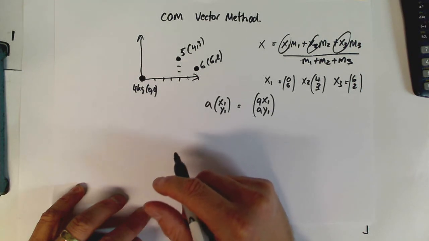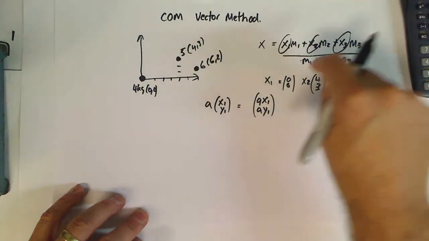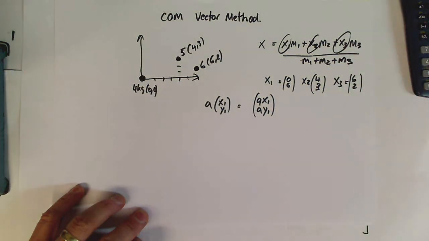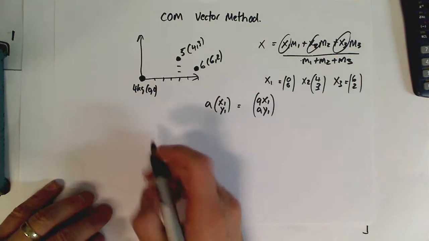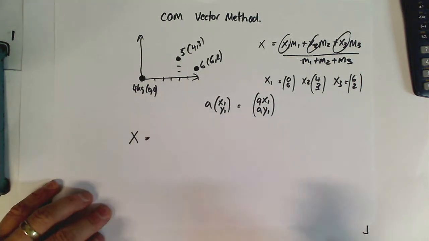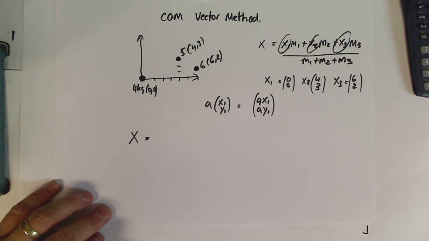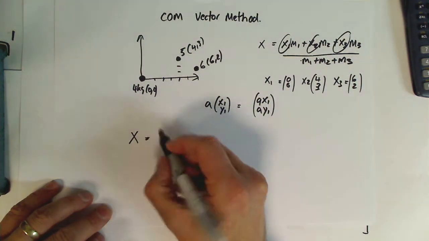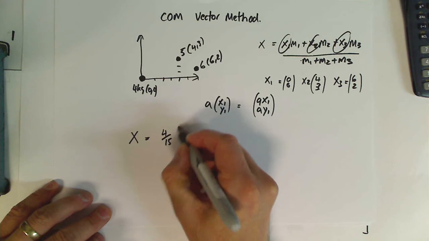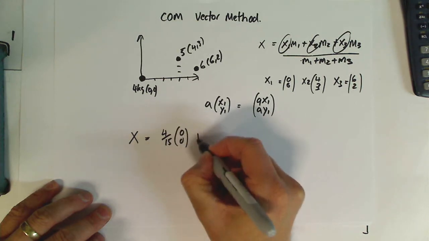So if we're dividing all these guys by m1 plus m2 plus m3, which is 15, we can now say that this vector sum for the center of mass has got to be equal to m1, which was 4, divided by 15 times the x1 vector plus